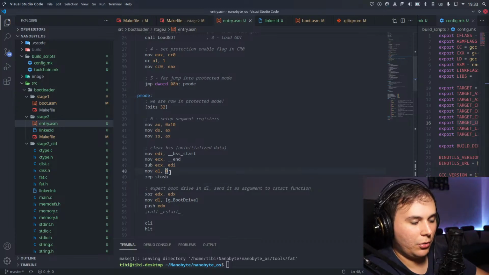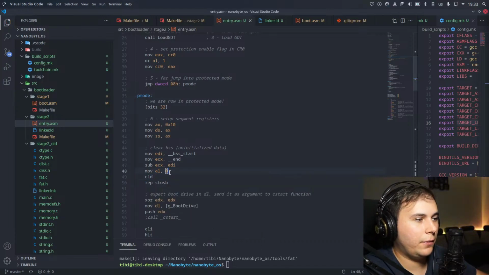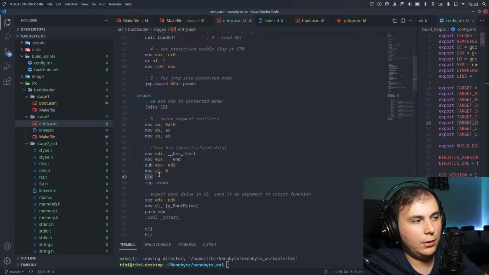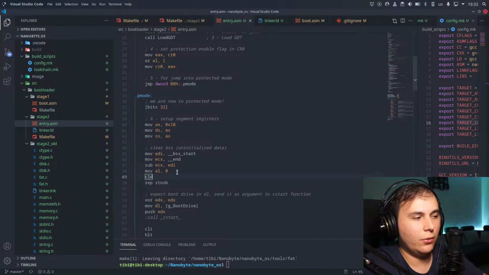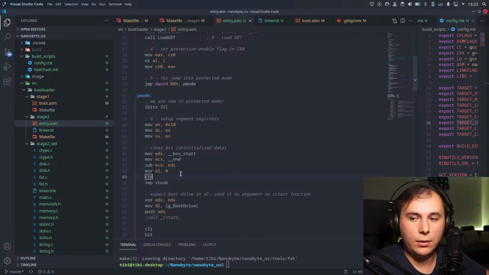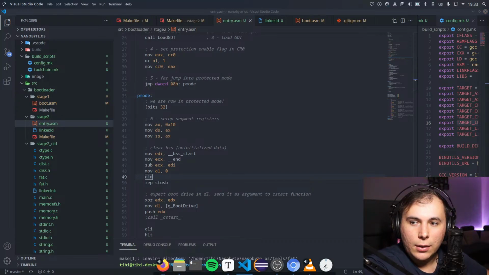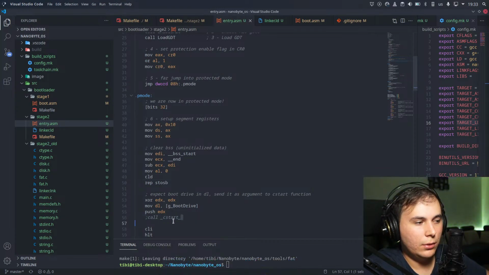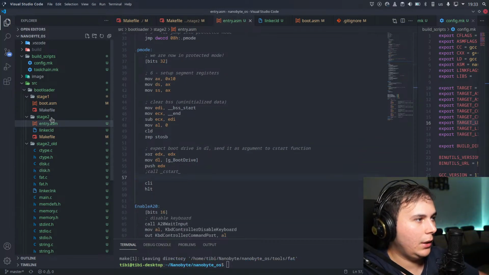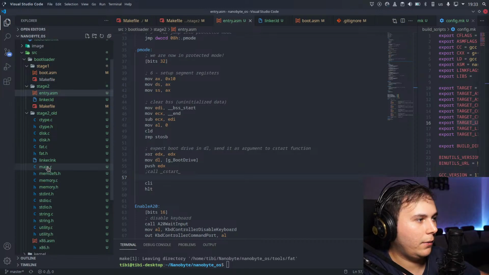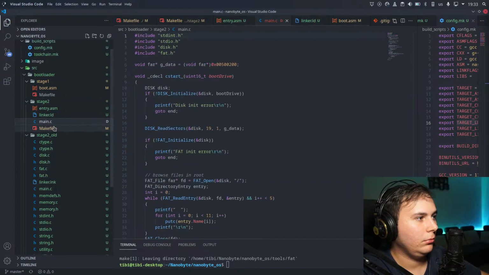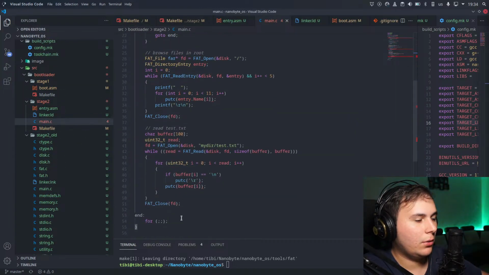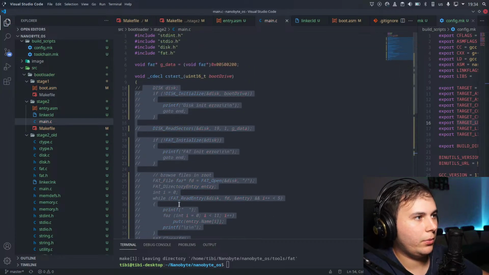And we should also clear the direction flag, because if this flag is set, then it's going to go backwards instead of forwards. We don't want to do that. Okay, so that's basically it. All we have here is to call the C code, and let's add a main file now. Okay, we can't do this yet, but I just want to add